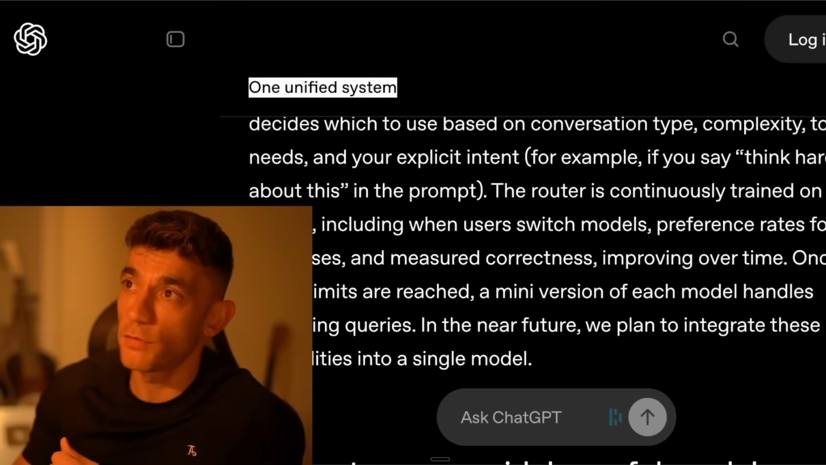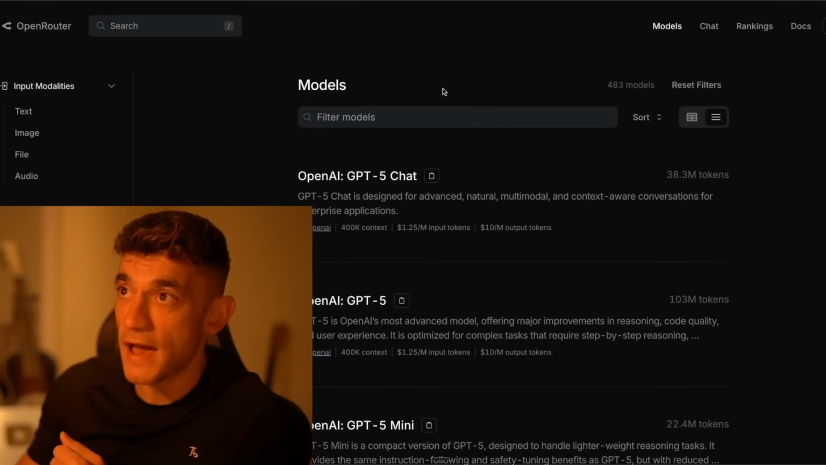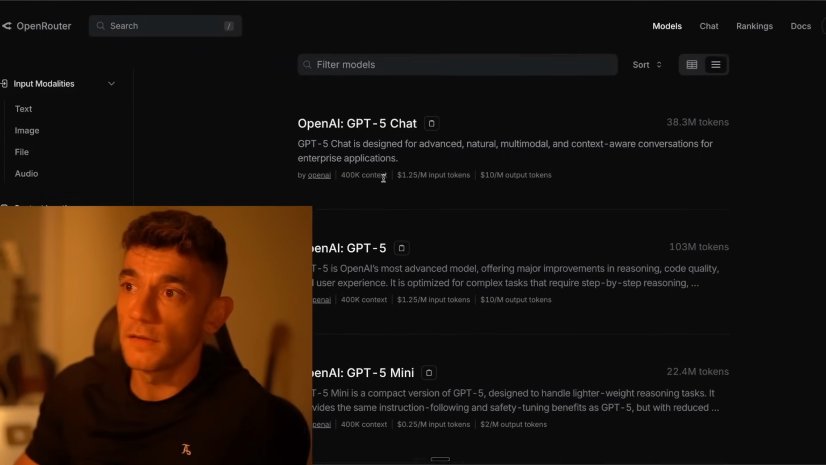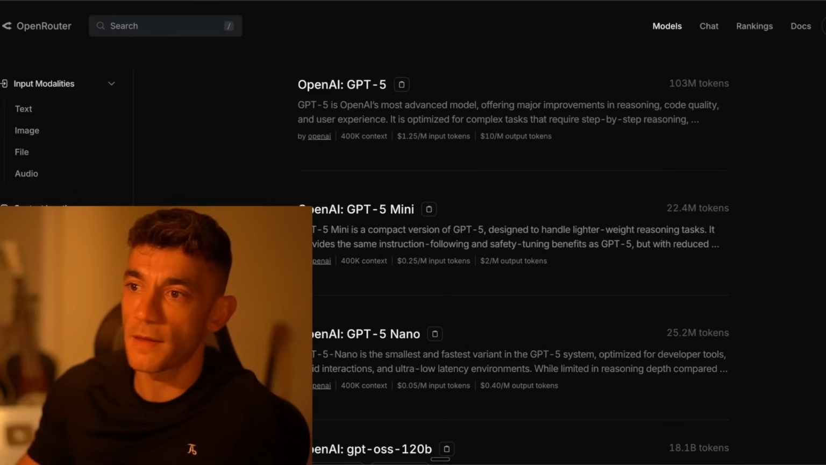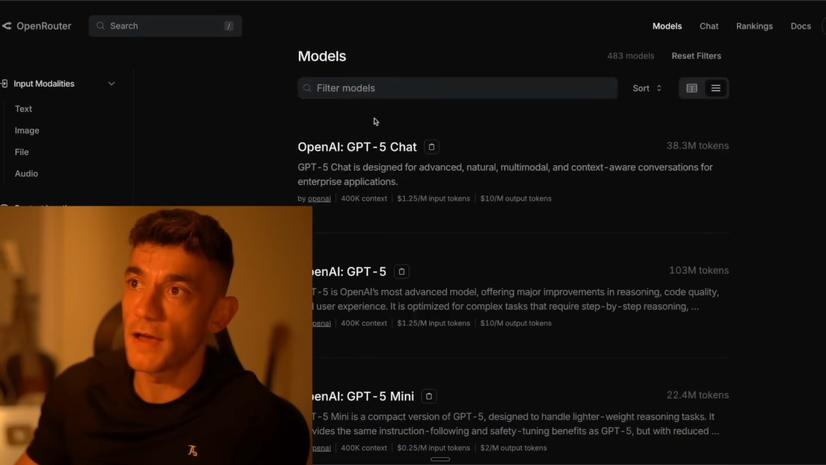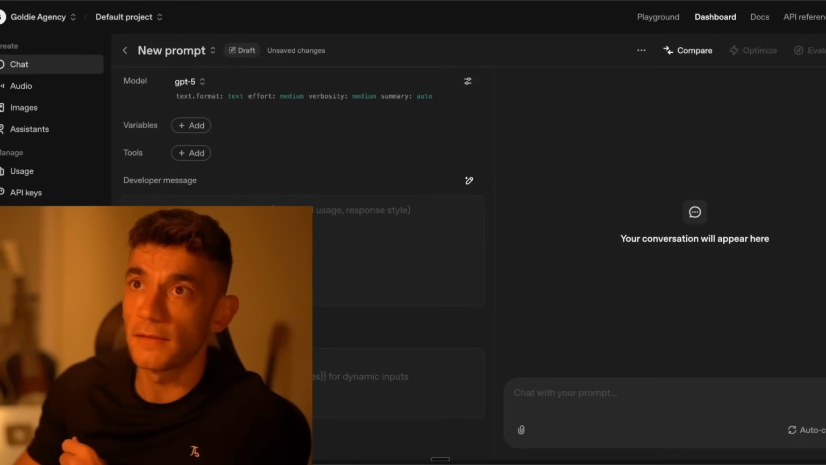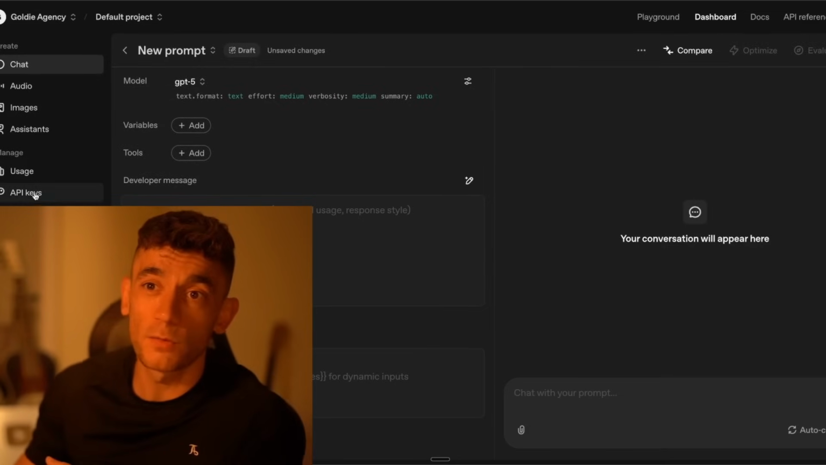All right. Now, if we actually have a look at this as well, we have access to GPT-5 inside OpenRouter. So you can see there are many different models. So you've got, for example, GPT-5 Nano, GPT-5 Mini, OpenAI GPT-5, and then GPT-5 Chat as well. You can also start coding with it inside Playground AI. So you can go to the chat here, start using GPT-5 directly here, and you can code with the API